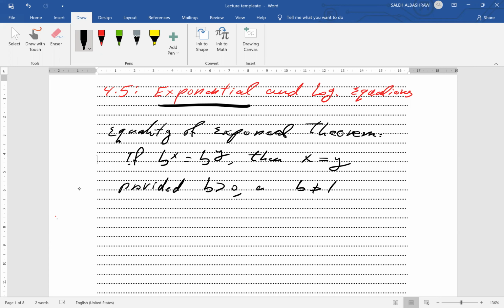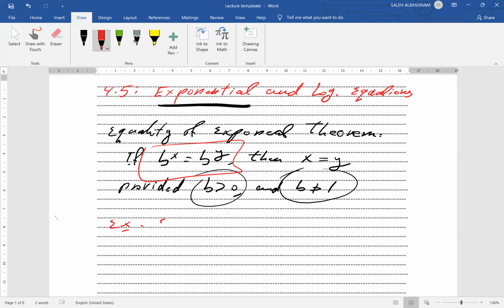So under these conditions, b is a positive number and b is not 1. If we have equality b to power x equal to b to power y, then x equal to y. Based on this one, we can solve exponential equations. For the exponential equations, it is just an equation, equality between two sides. Maybe both of them have exponents, or one part is written as exponential function while the other is just a constant number. For example,